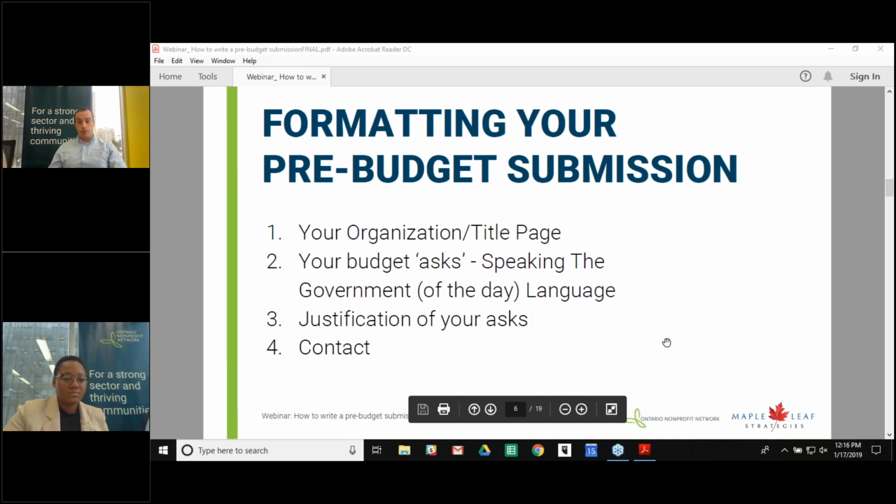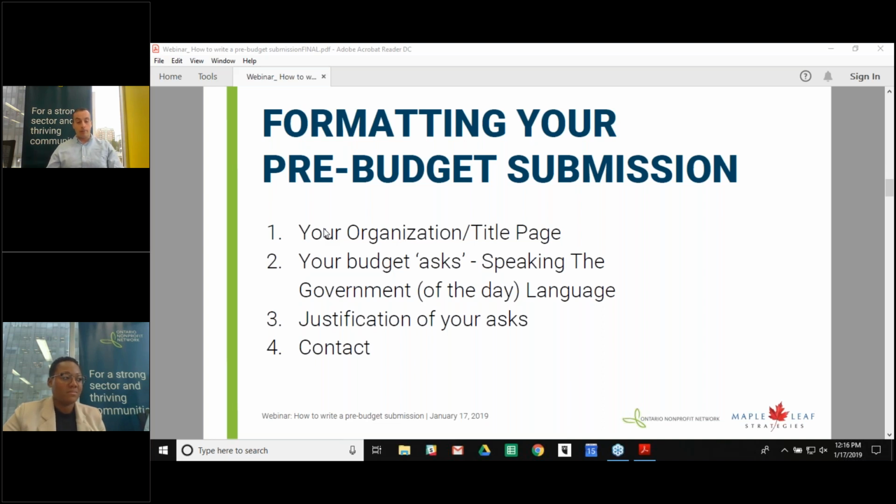The layout of the pre-budget submission is a tricky thing to get absolutely perfect, because it is like no other document that you will ever write. As I was joking with Tashini before we started the webinar, it's kind of like a reverse resume. You are going to tell the employer, in this case the government, why you deserve the job first, and then justify your qualifications secondly. So you're going to start with a nice title page that's clean and crisp and has